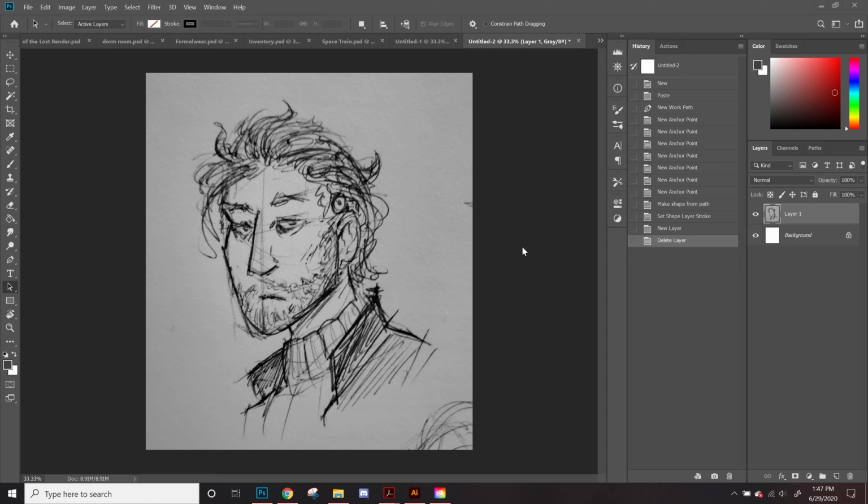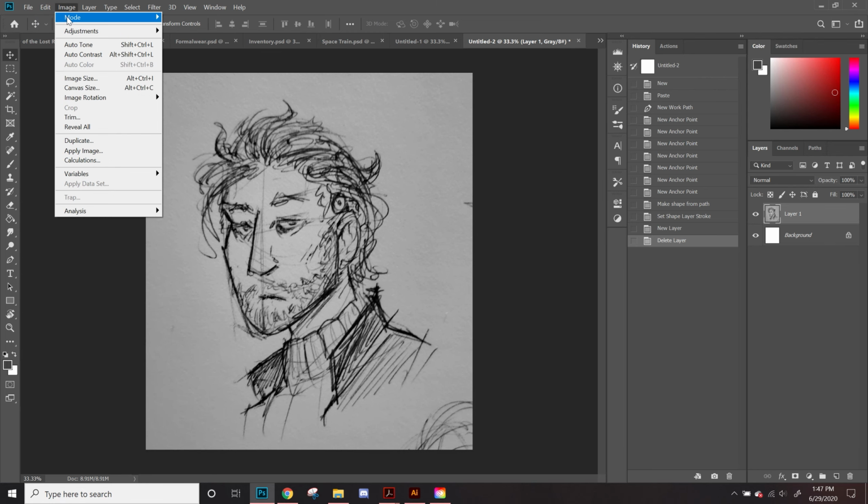First, though, I want to point something out. When I imported this, I had desaturated it completely on my phone, and in doing so, I have accidentally changed how Photoshop processes the colors. So if we go up to Image and to Mode, you can see that it's clicked as grayscale. Now what this means is that I can't use any colors at all when I'm processing it,